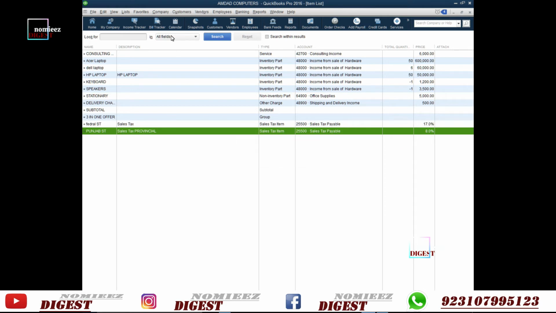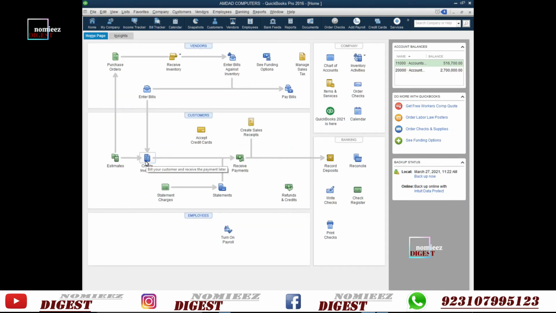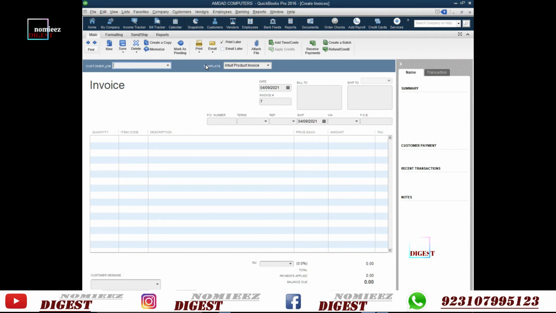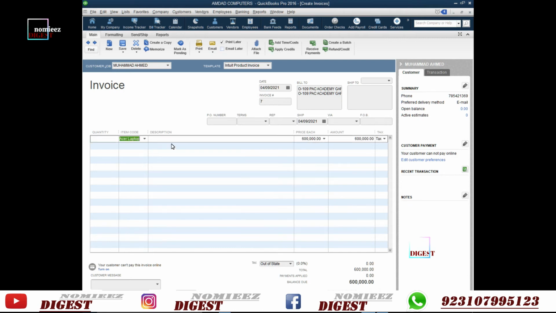Now let's see how to show this sales tax in our invoices. So go to your home page, select create invoice, and select any customer, and select any item here. For example, we are selling a laptop, quantity 1,